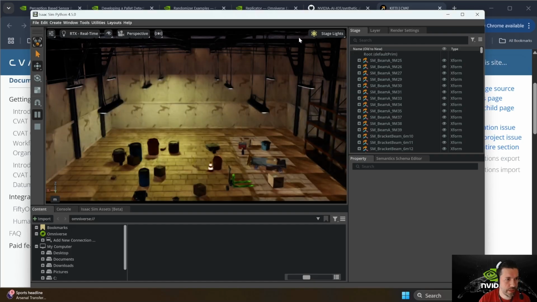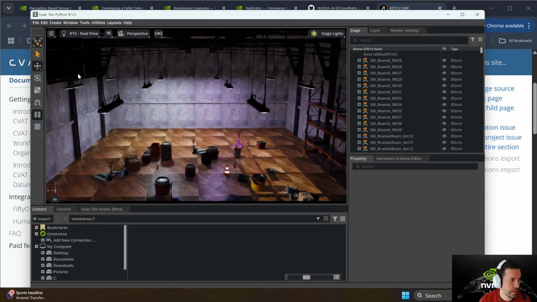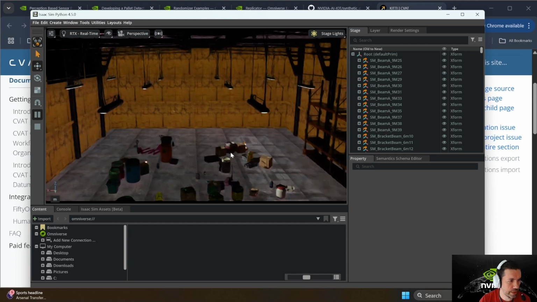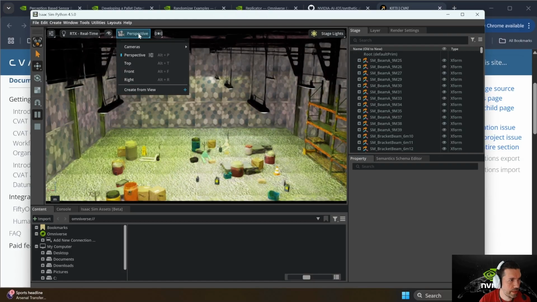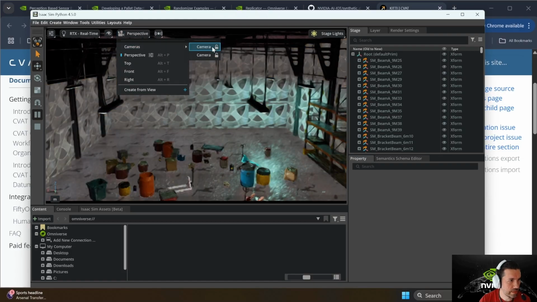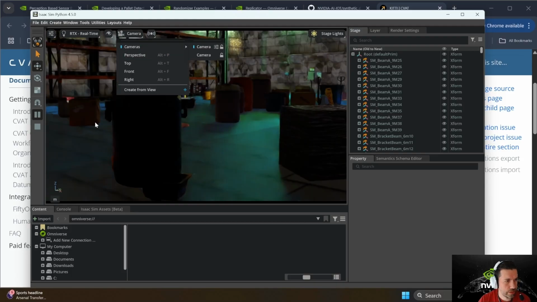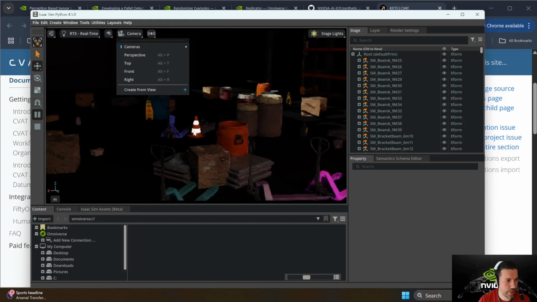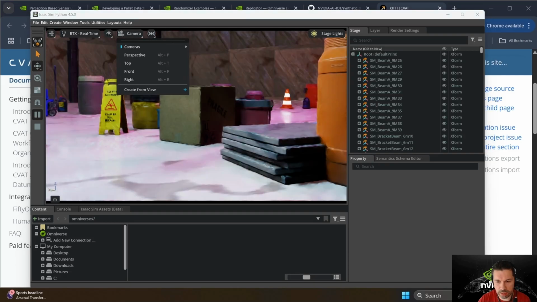You see, we are using all the items within the stage and we are just moving them around, changing textures, colors, even using different cameras. So that will be representing what the robot is seeing. Let's have a look at what is happening in our